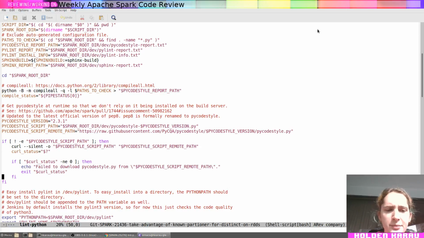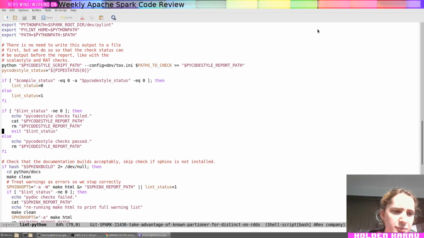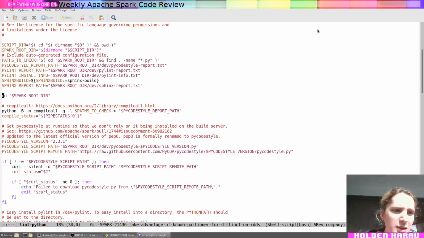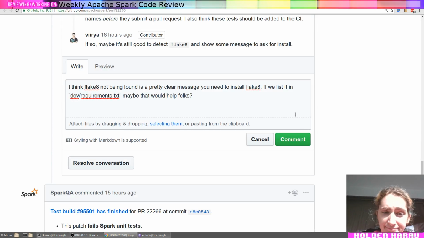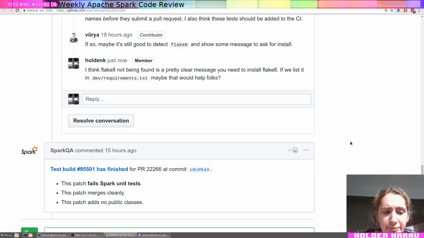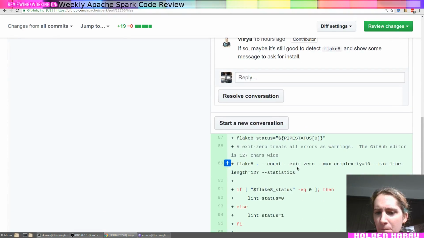How we fetch PyCodeStyle. Wait, the max line length is 127?